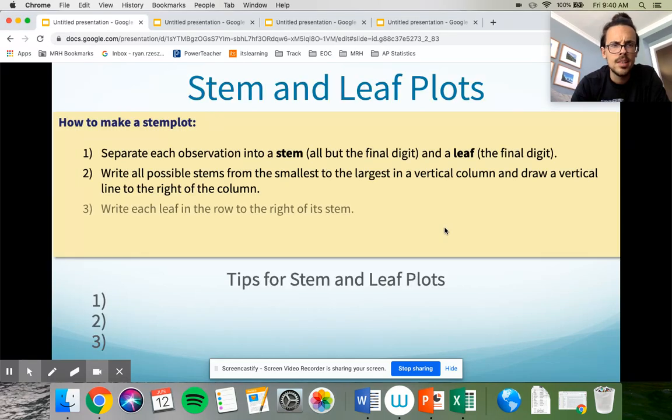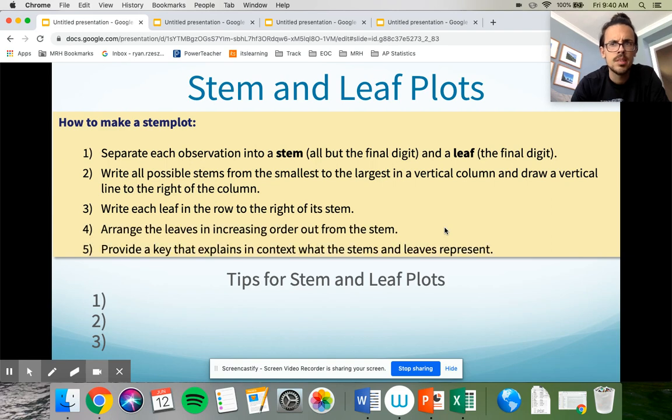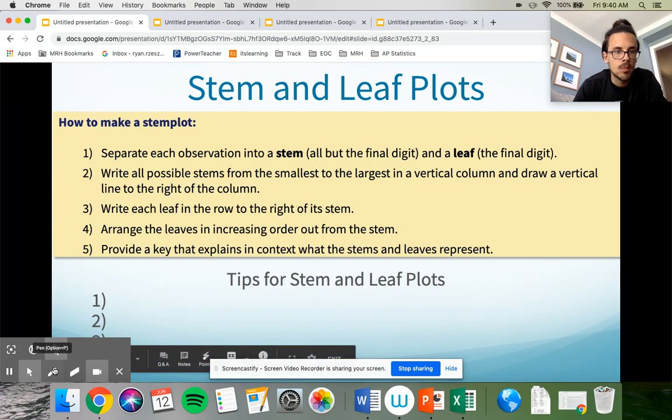Now, you guys have made these, I'm sure, at some point in your elementary or middle school career, or maybe this is brand new. I'm not sure. Stem and leaf plots really aren't bad. And there are a bunch of steps right here that you guys can just read, so it's there in your notes. But I want to talk a little bit. I'm going to sketch a quick mini problem off to the side